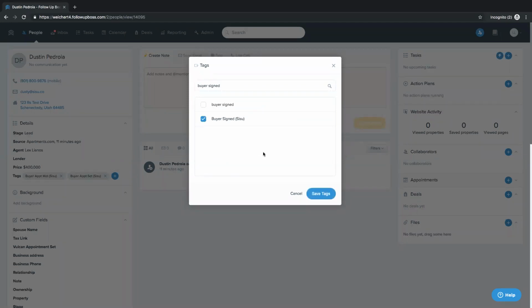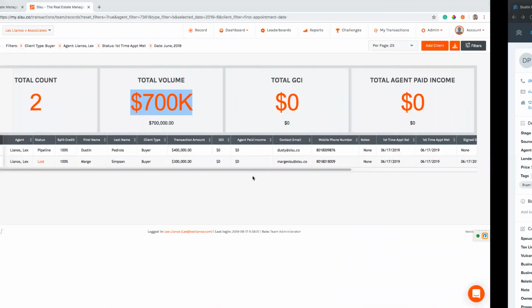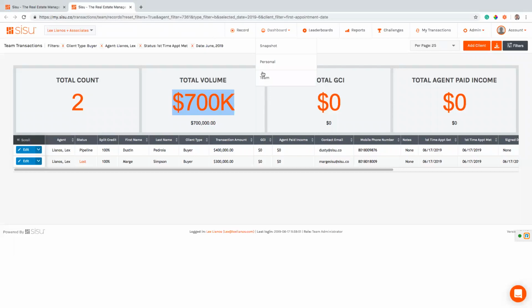Whoops, we need to do that. We'll do this and save it. And in just a few minutes, we'll see it reflected back over in our Follow-Up Boss. So let's see this. Cool. So now if we go back to our dashboard,